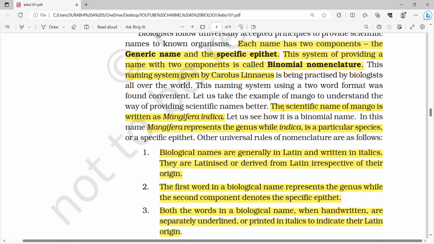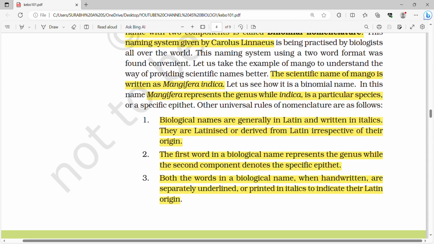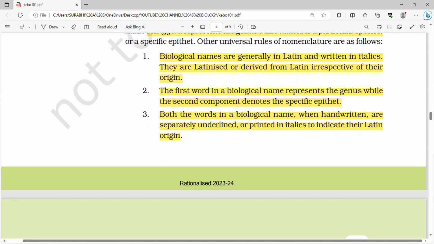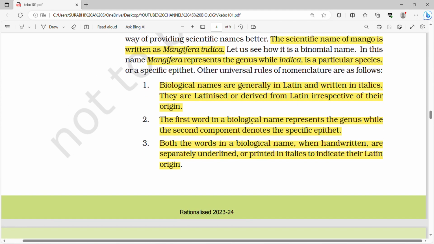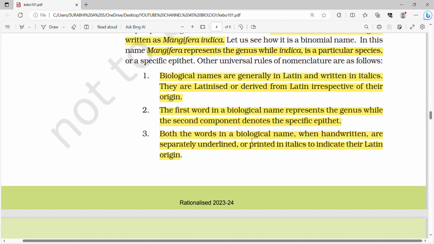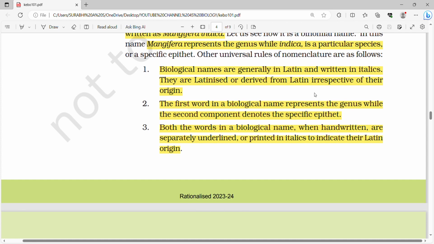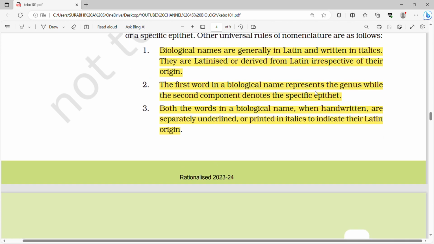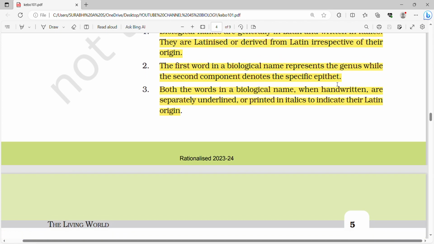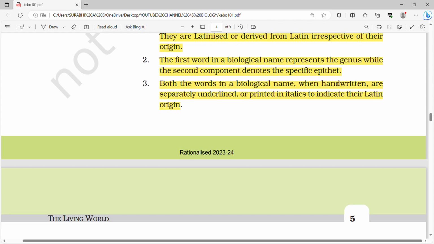The scientific name of mango is Mangifera indica. Mangifera, the first one, is the genus, while indica is the species. There are a few rules for naming the species. The first is that they are generally in Latin, written in italics, and they are Latinized or derived from Latin irrespective of their origin. The second rule is, the first word is genus, the second one is species. The third rule is, both the words in a biological name,